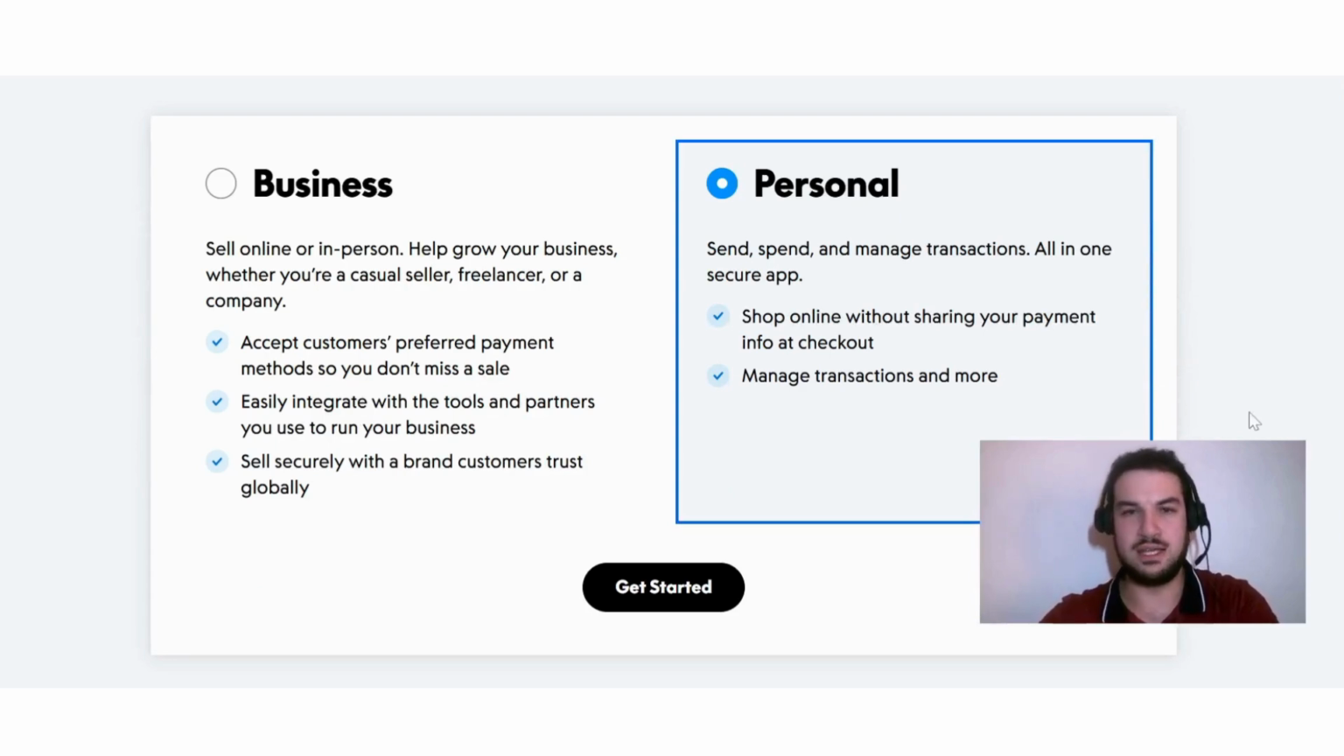I think if you are a freelancer or you have an online business, then a business account will be best for you. But if you just want to shop online, send and receive money, a personal account will be okay. Now you're just going to click here where it says get started, and then you need to enter